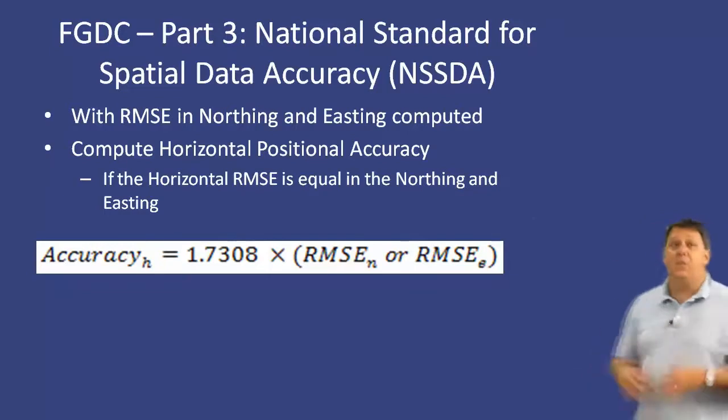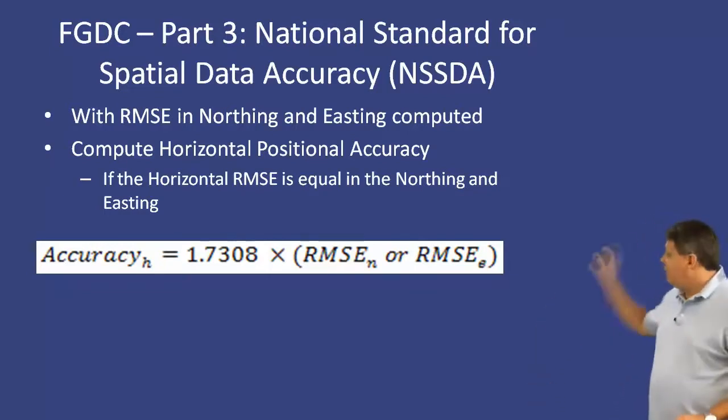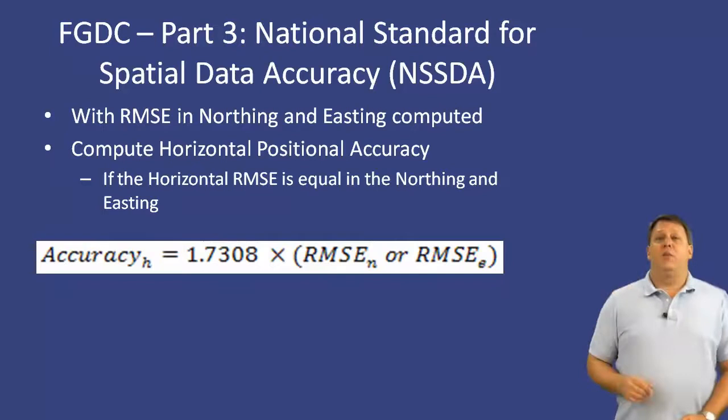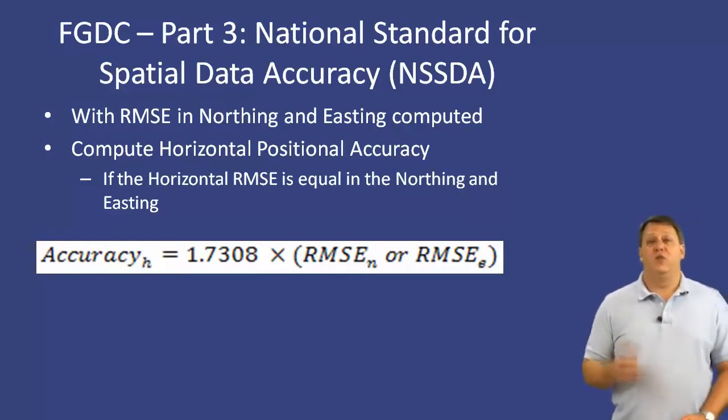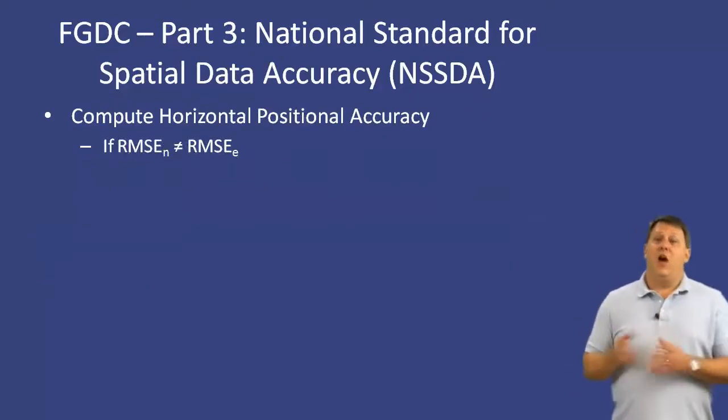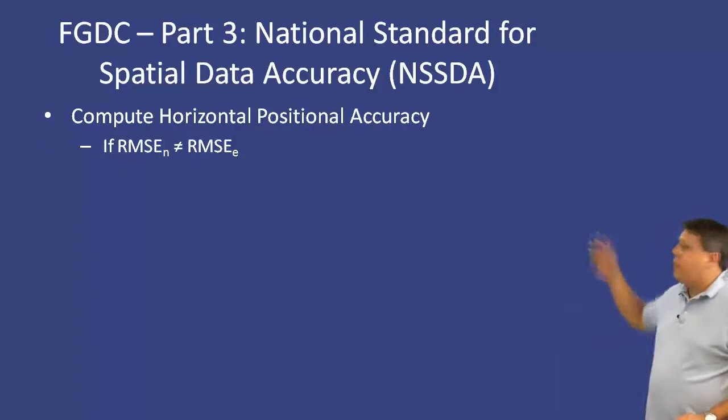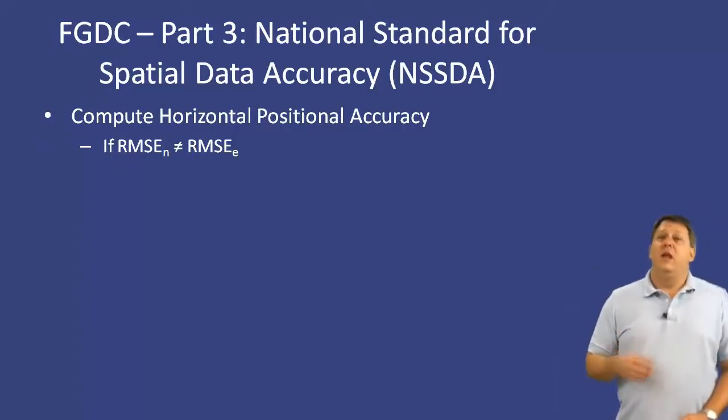It doesn't matter because it is the same answer. So take one of those values, multiply it by 1.7308, and you will get your horizontal positional accuracy at 95% confidence. Your other scenario is, well, if my root mean square error in the northing and my root mean square error in the easting is not equal,